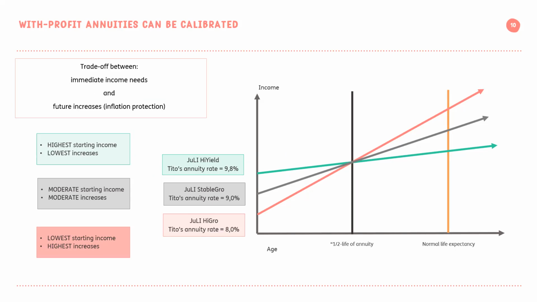Each one is literally a trade-off between starting income and future increases. The high grow will be the lowest starting income with the best chance of increases, the high yield vice versa. Almost like a seesaw. As the seesaw moves up and down, you can do that trade-off. Essentially, they're all equal value of money up to the person's life expectancy, just starting off either low or higher. But of course, if you live beyond your life expectancy, you'd want to be in the high grow, because you've got your best chances of higher increases in that option.